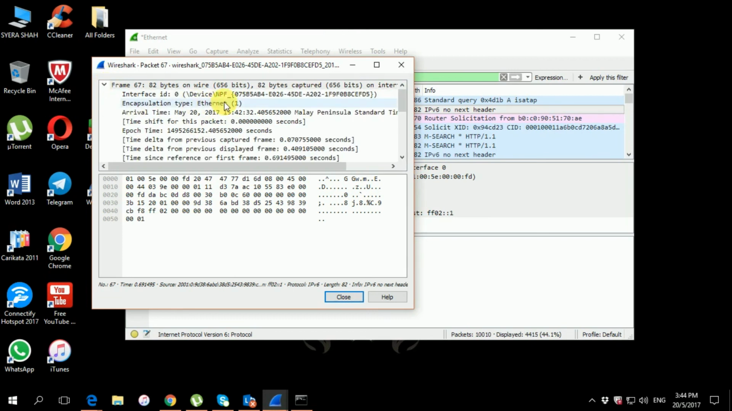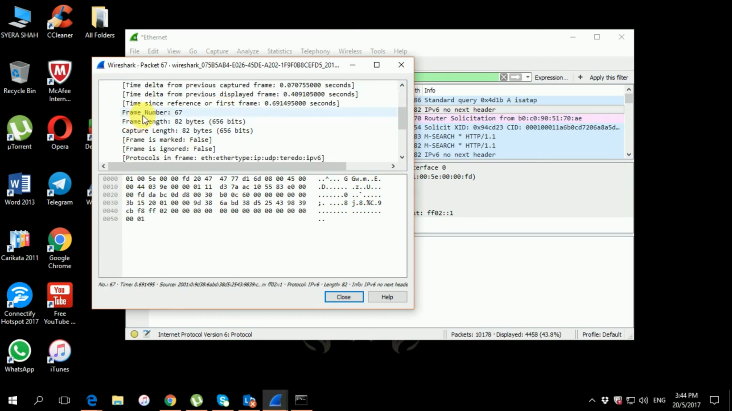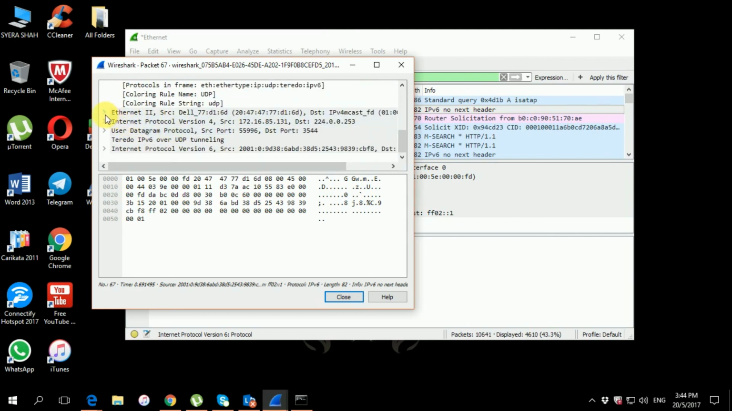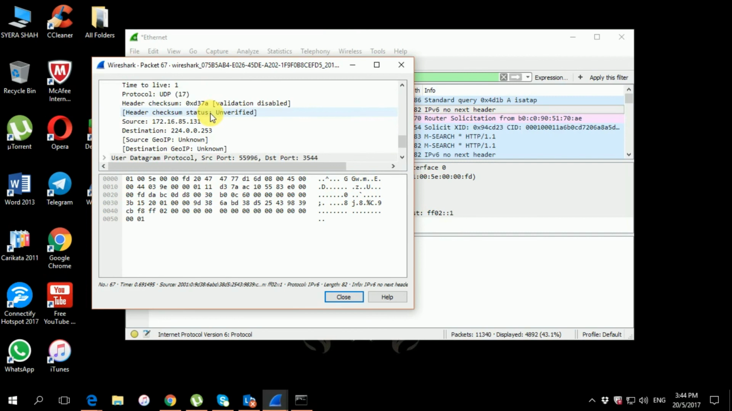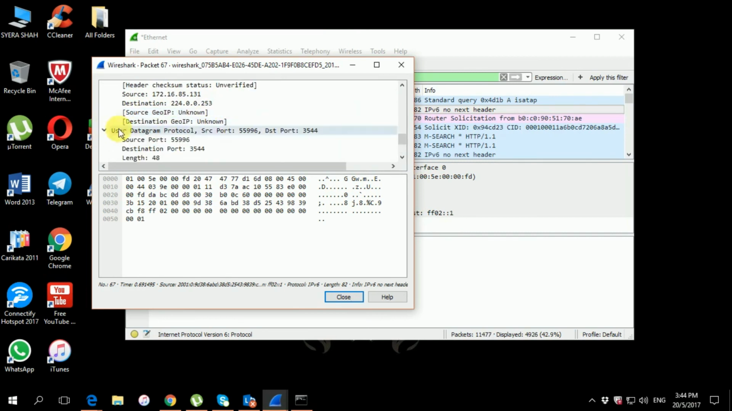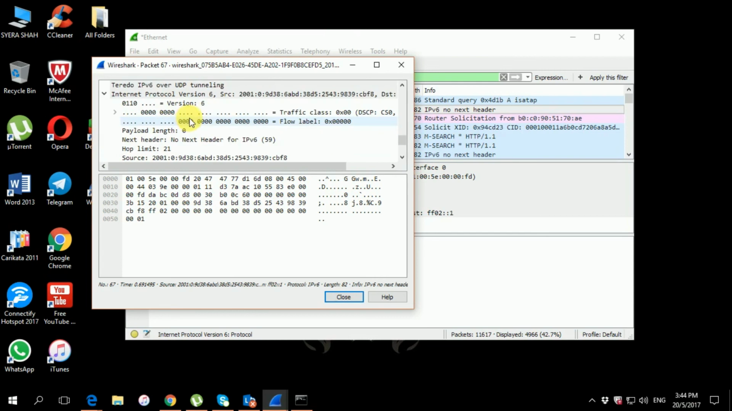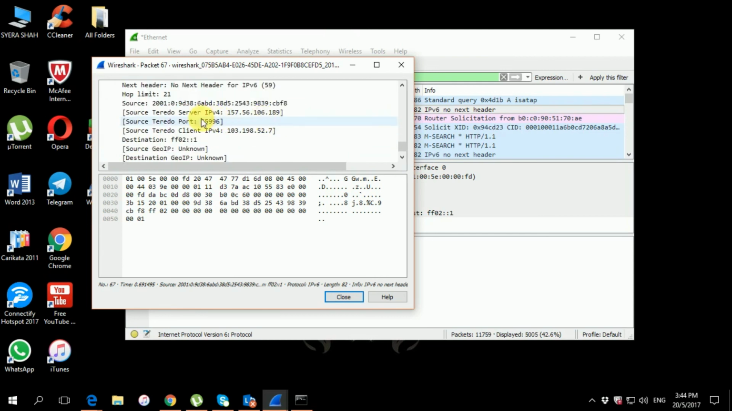On frames, we can see that we have the frame number, frame length, and capture length, and for the Ethernet, we can see the destination, the source, and the type of it, and IPv4, IPv6. We can see here they are using binary numbers, and we have source port, source server, source client, and that's all